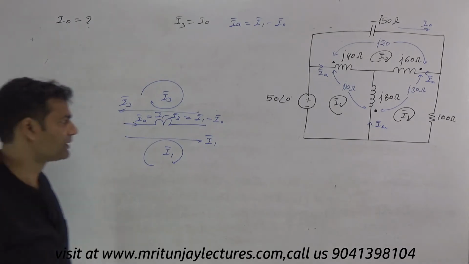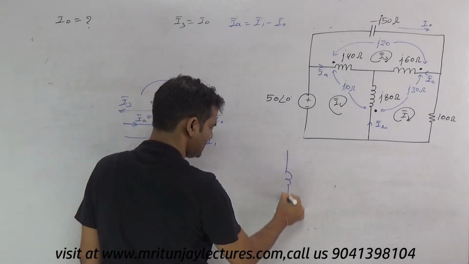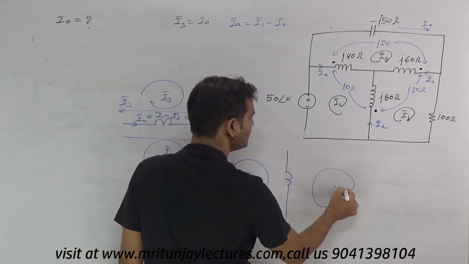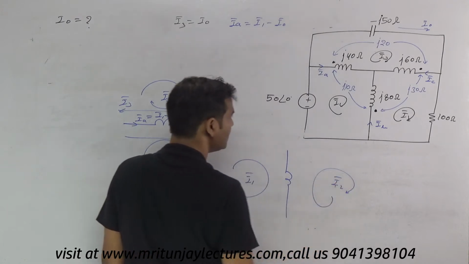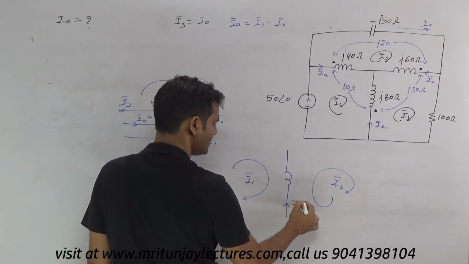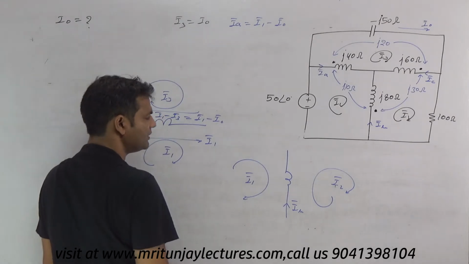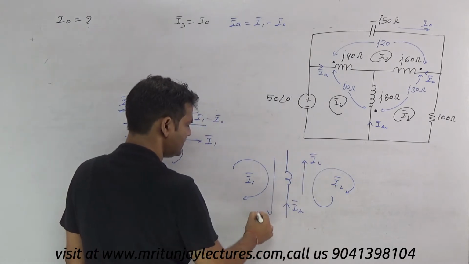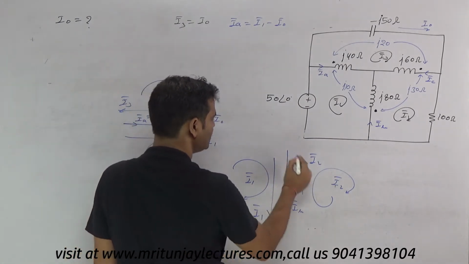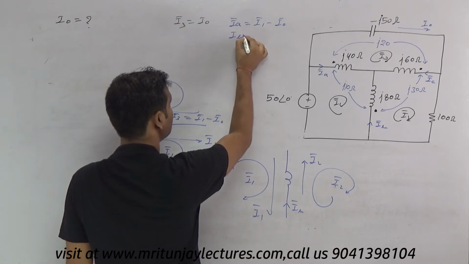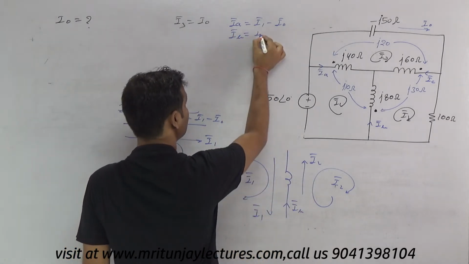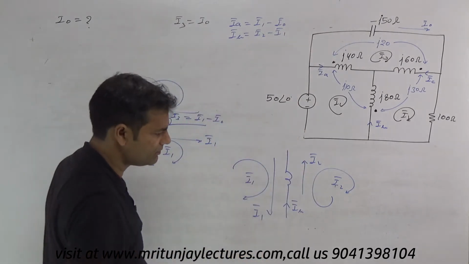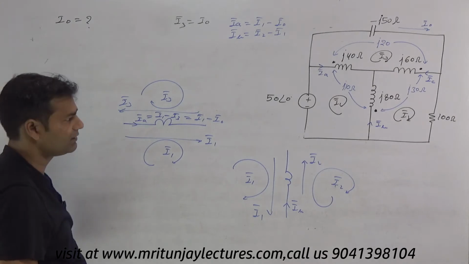After that, now in this branch I1 like this, I2 like this. What about IB, like this. Okay, so I2 here and direction of I3 like this. So what about IB? If you want to write IB, then that is I2 minus I1. Okay, that is I2 minus I1. Clear?